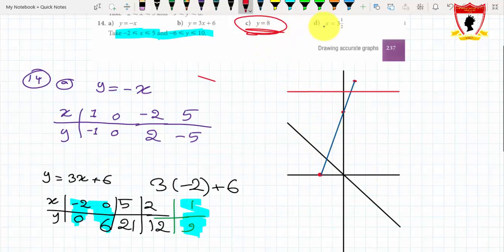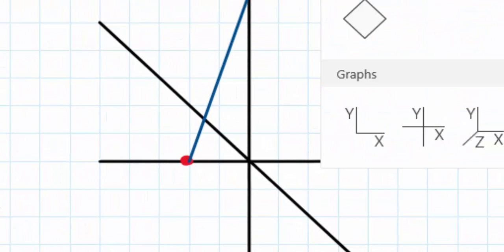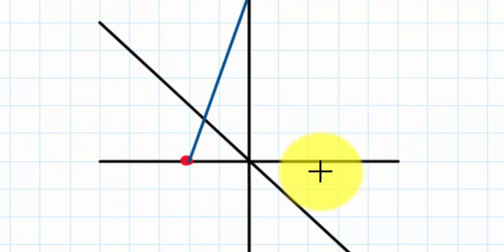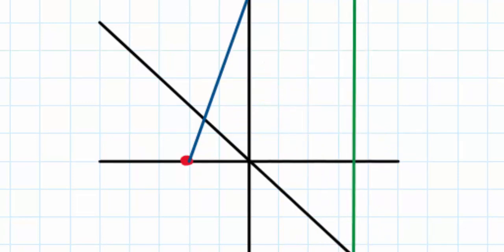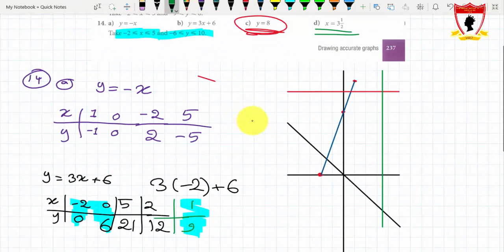And finally, x is equal to 3 and 1 over 2. 3 and 1 over 2 is 3.5. Then it's a vertical line passing through 3.5 on x-axis. 3.5 on x-axis is right here. This is the middle between 3 and 4. And this straight line is the graph of x equals 3 and 1 over 2. Now the quadrilateral, the enclosed quadrilateral between all of these lines is here. This is the quadrilateral,